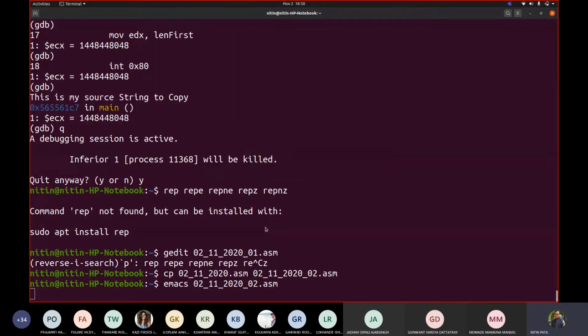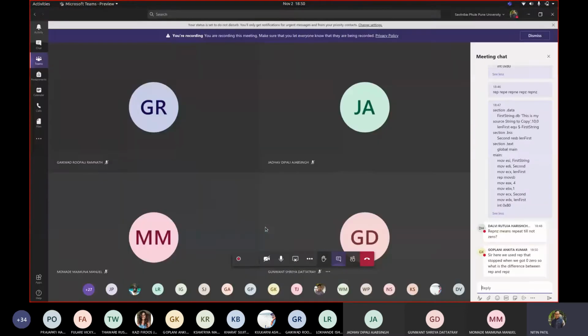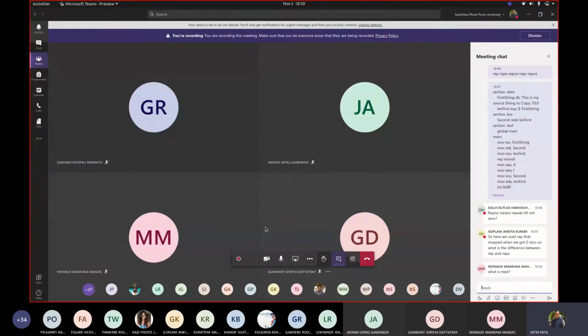Somebody is asking a question. Sir, here we used rep that stopped when we got 0, so what is the difference? Yeah, it checks the zero flag. REP is repeat till equal, repeat till not equal. REP, REPZ, REPE are the same most of the time; they are specific with respect to the implementations done.